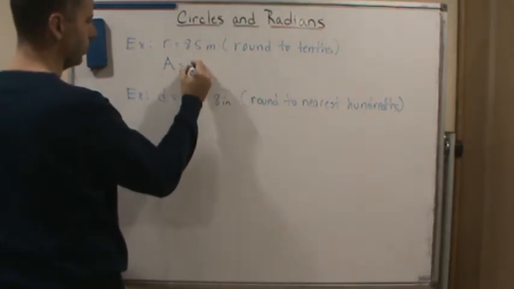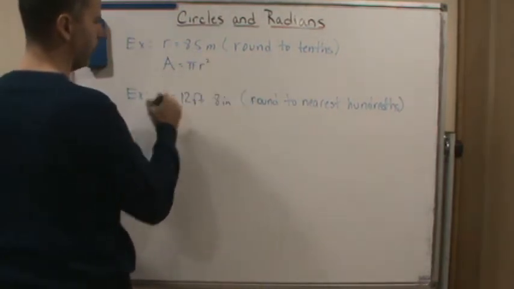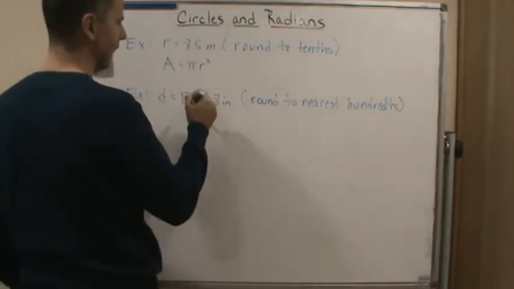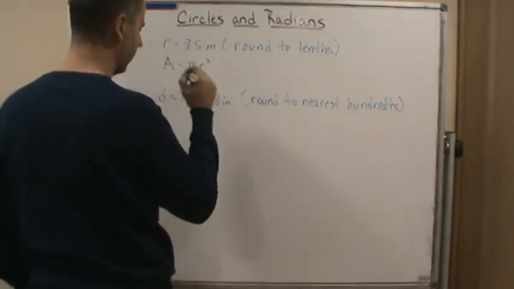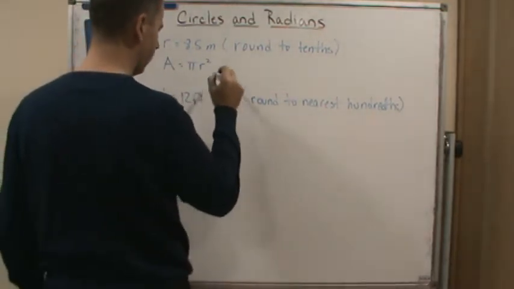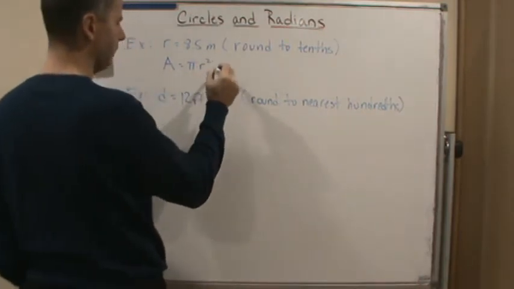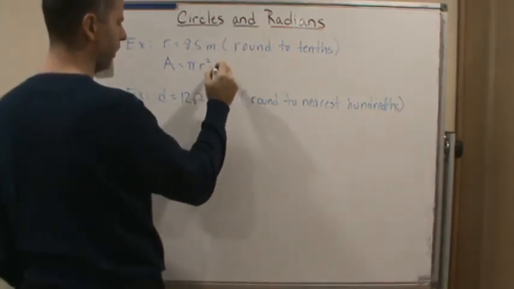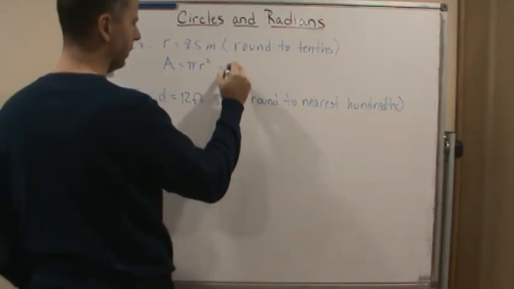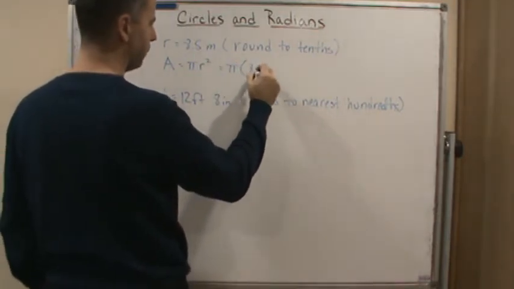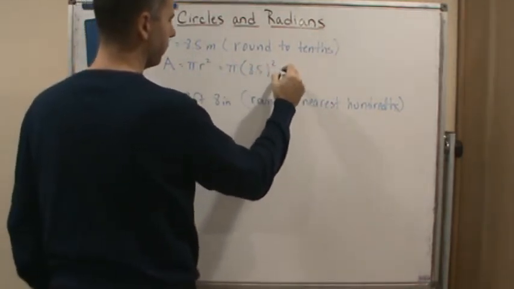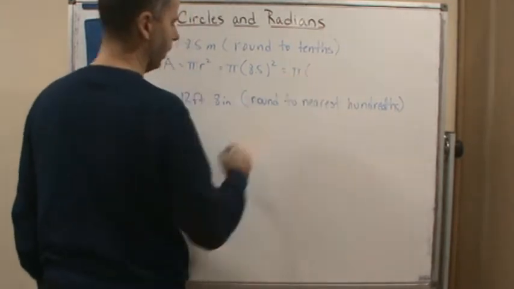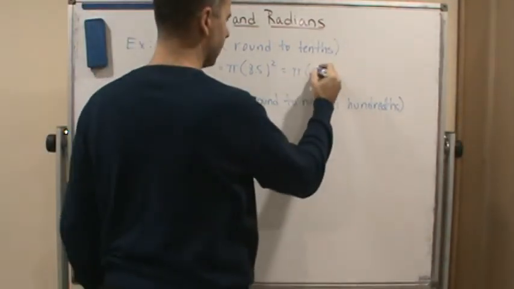So area equals pi r squared. The radius is 8.5 meters, okay? So that's going to be pi times 8.5 squared, which is going to be pi times